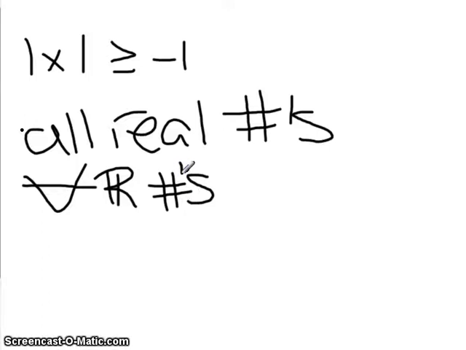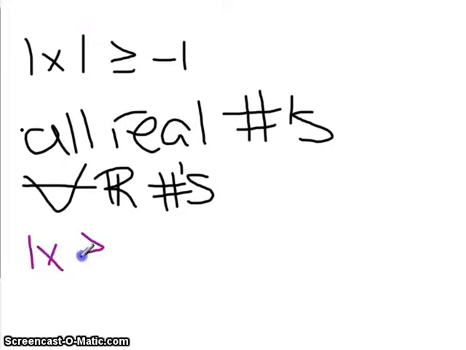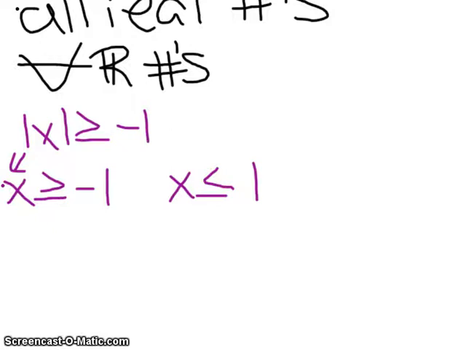If we have, let's get a different color here, the absolute value of x is greater than or equal to -1, I know that that means x is either greater than or equal to -1, or x is less than or equal to +1. And notice when I flip my inequality from greater than to less than, I make my sign here positive, or I take the negative of a negative, which gives me a positive. This is just another way for me to look. Okay, so then if I graph this